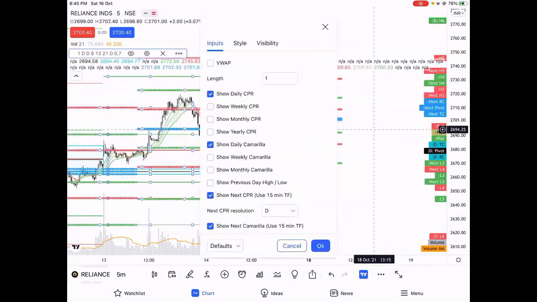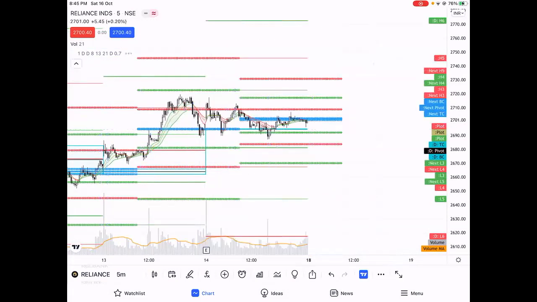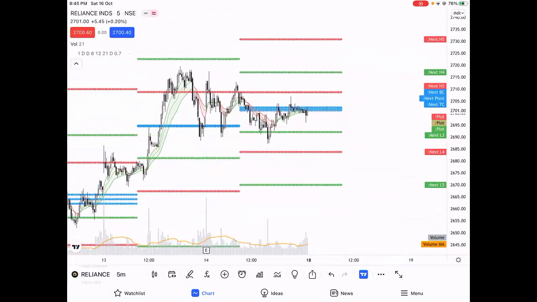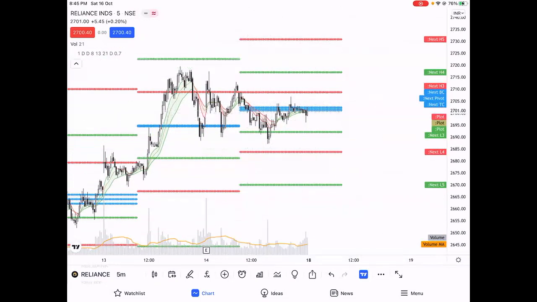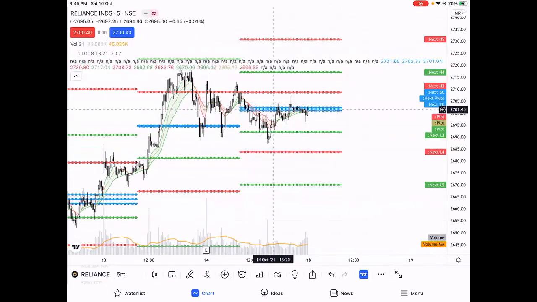Correct. Let me close down just to look exactly what I told. Nested CPR, right? You see a hot zone. See, this is a very, very, very strong level now. So keep